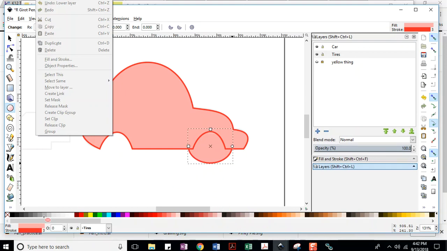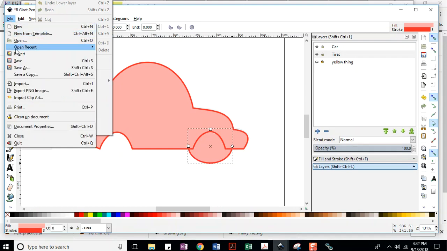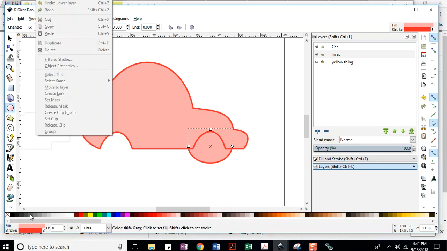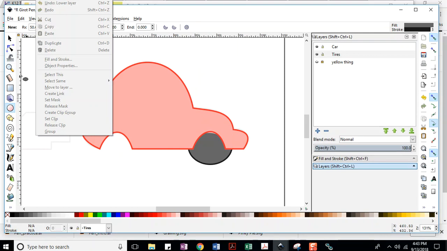Okay, so I'm gonna change a color of that. I'm gonna change the fill right here. I will just make it a nice gray color, and I'm gonna change the outline by holding down Shift and clicking there. It's interesting how there's that little white gap there. I'm just gonna take that, and we need to put like a little hubcap on there, right? So I'm gonna grab another circle